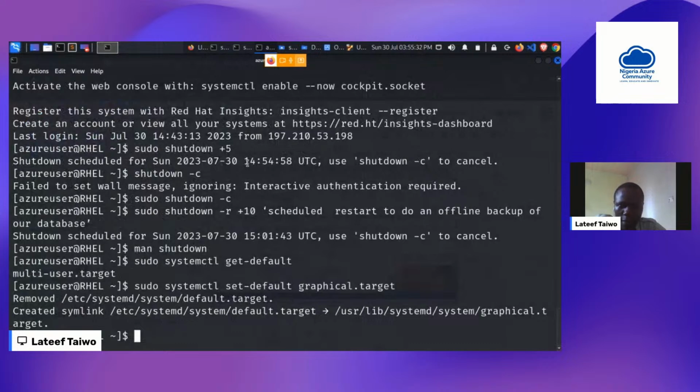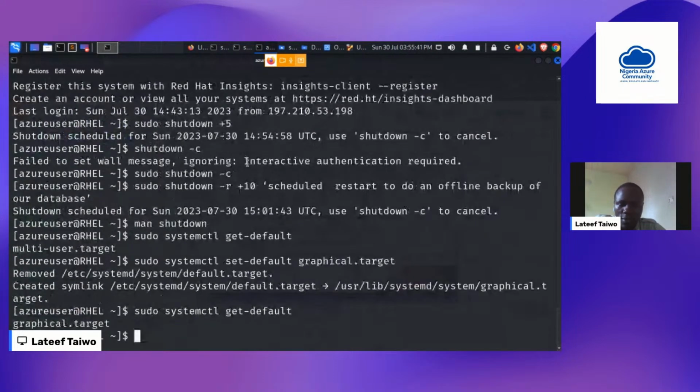All right, so that is set. So we can run sudo systemctl get-default once again to see it. So we can see that. I'll quickly reboot my system now to see if